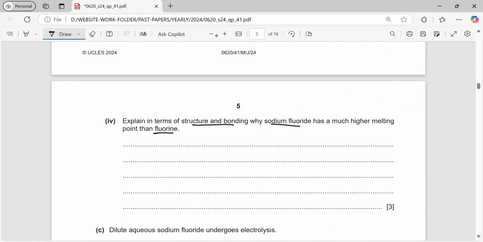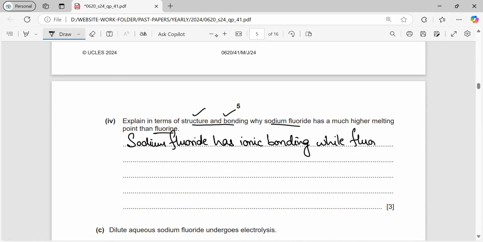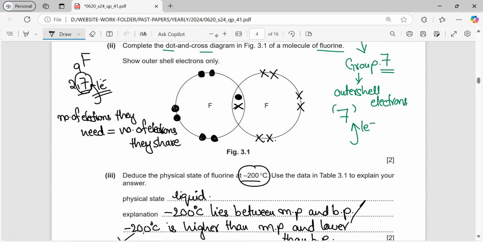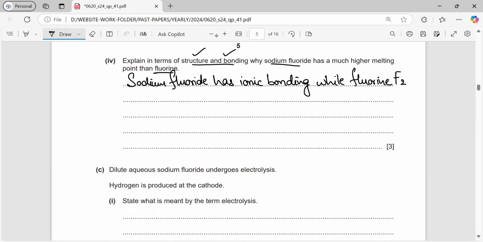Now, what will we write? We have to explain the question in terms of structure and bonding. So we need to mention first that sodium fluoride has ionic bonding, while fluorine, which is F2, we just drew above, has a covalent bond between the two atoms, and covalent bond is comparatively weaker. While fluorine is a covalent compound,